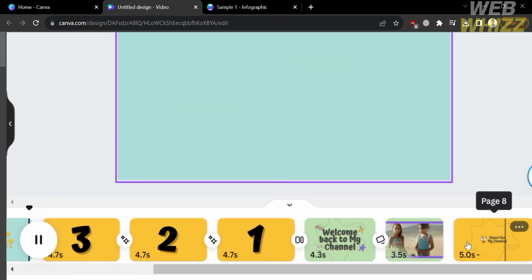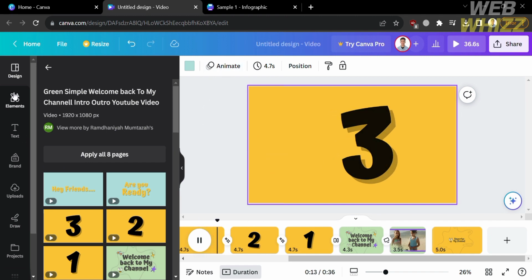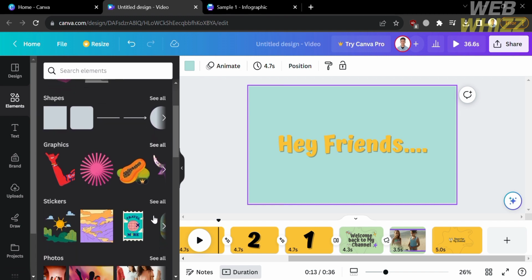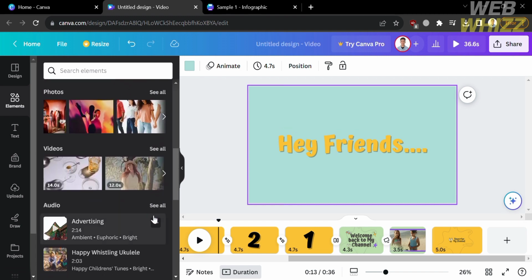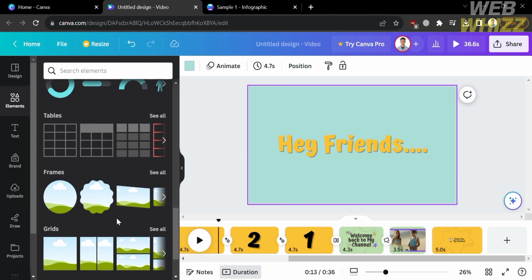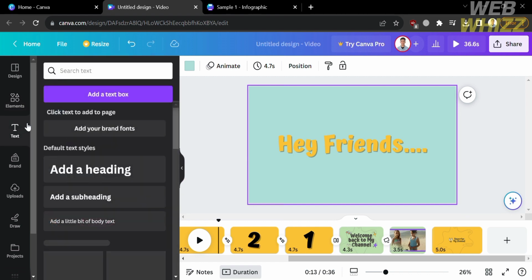And you could also customize each page using the editing tools on the left side panel, such as if you want to add other elements, including shapes, graphics, stickers, images, photos, videos, or even add an audio. And aside from that, you could also add or customize the content of it by clicking the text option on the left side panel and add a text pack if you want to add,